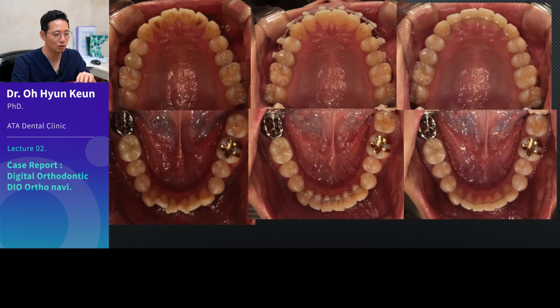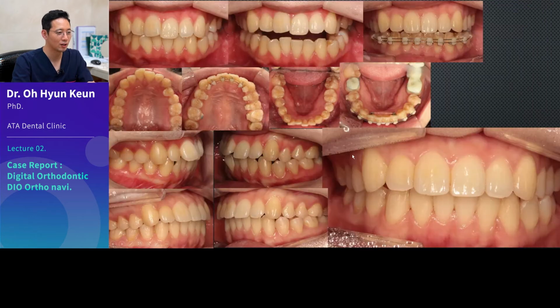So treating the top from the outside and the bottom from the inside could be one way to do it. You may not think about these things, but if you realize there are different ways to utilize the system, it'll be more beneficial for you. Then there is the lingual for the top and the buckle for the bottom. This is the typical combi brace, and it is popular among patients. Because when we smile, the upper teeth generally show more. And so we treat from the inside for the upper teeth and from the outside for the lower.